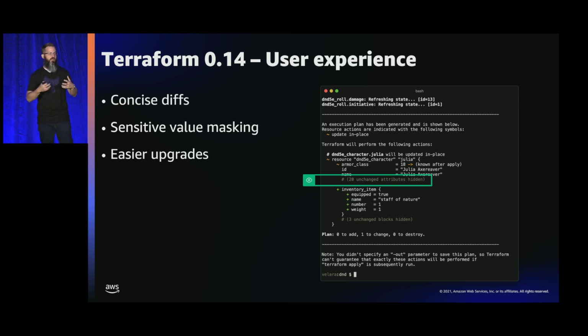We also started playing around with the sensitivity part of the way Terraform works with the individual values. So we started adding value masking, to hide which values you can see through the output of the console, as well as really focusing in on the upgrade process. Those of you who have upgraded to at least 0.14 probably have noticed that there's really no upgrade tool anymore. That is kind of a thing of the past.